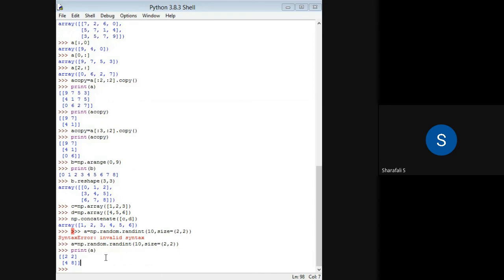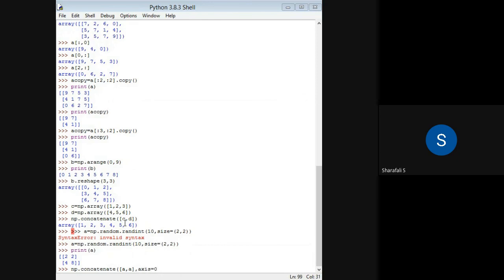If I want to concatenate these same elements, let us consider this as the same. You can also use a different array. In that case, you can just use np.concatenate here, and inside the bracket I will use a comma a, concatenating the same array. Then I can also give an option like axis.